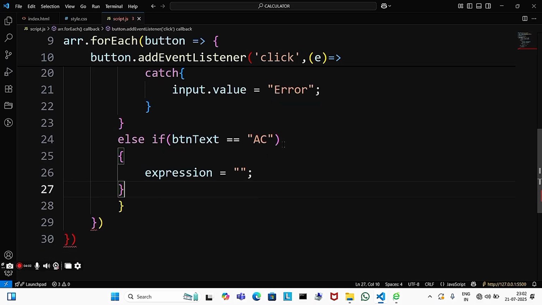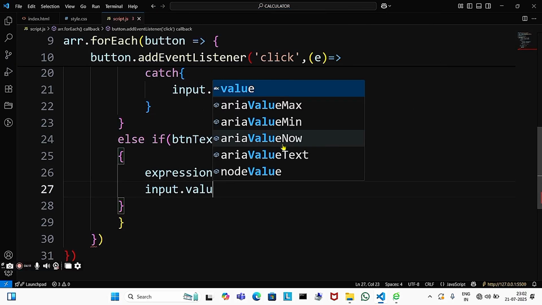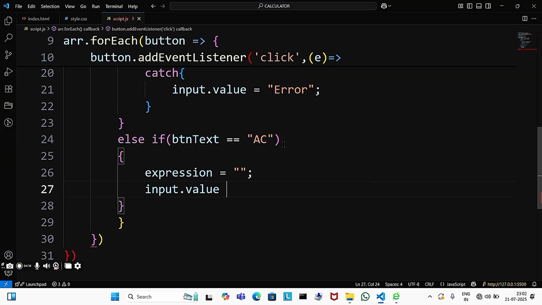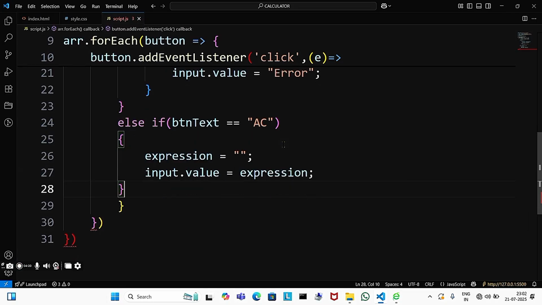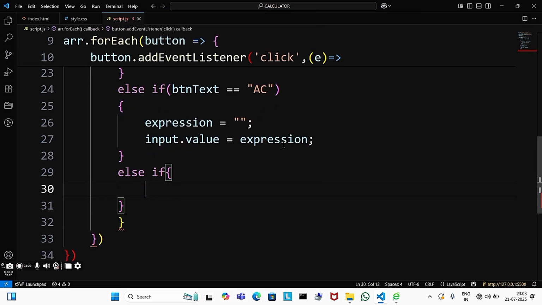Okay, after that we can also provide the input value equals to expression, and after that we need to go to here the else if. In this else if we can write here, sorry, else if the